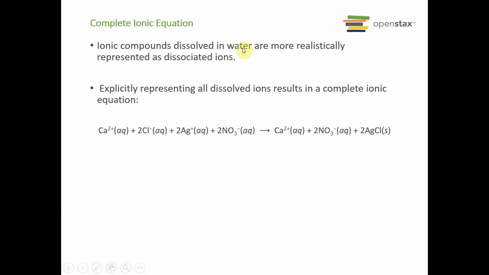Ionic compounds dissolved in water are more realistically represented as dissociated ions. So we can and we have represented these reactions, like in the copper lab, with the molecular reaction. But what we're going to do subsequently is represent the